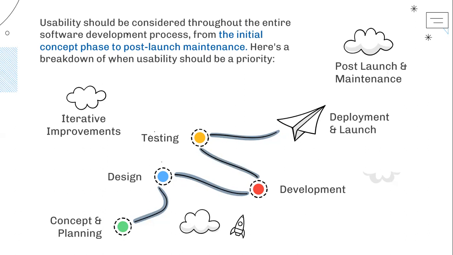Next is the testing phase. Usability testing is crucial to identify any issues or areas for improvement. Testing should be conducted iteratively throughout the development process. Feedback from real users helps refine the user interface, address usability issues, and ensure that the software aligns with user expectations. And for the deployment and launch,